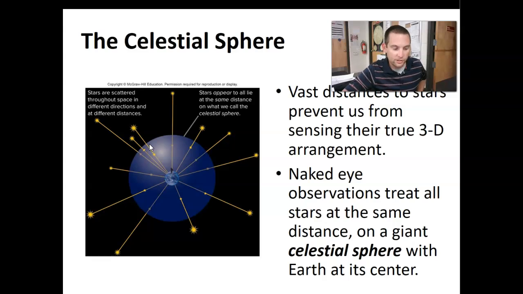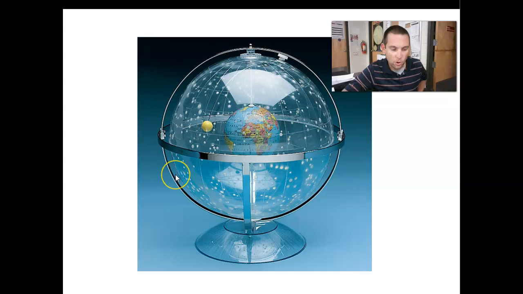Just as geographers use latitude and longitude to describe a location on the Earth's surface, astronomers use the coordinates azimuth and altitude to describe the location on the celestial sphere. Azimuth is how far around the circular base of the hemisphere, or how far along the horizon. So azimuth is like this. That's your straight up and down. That's your